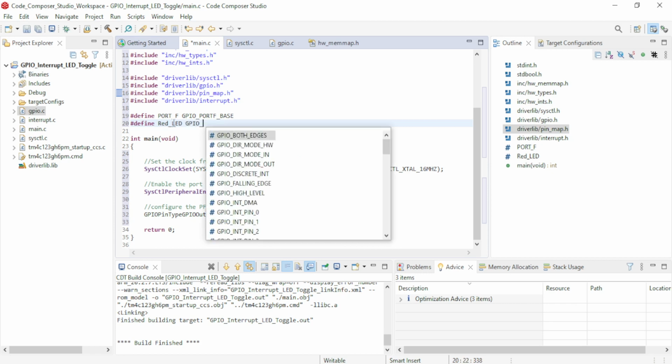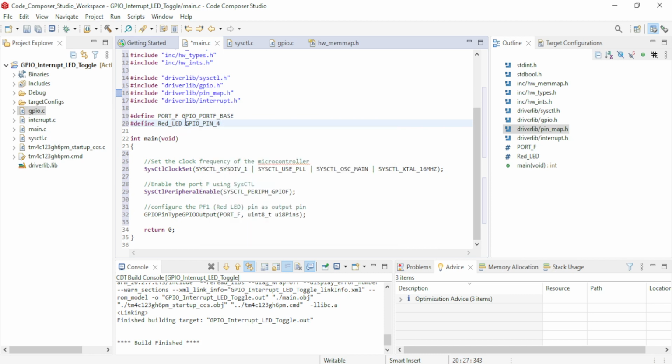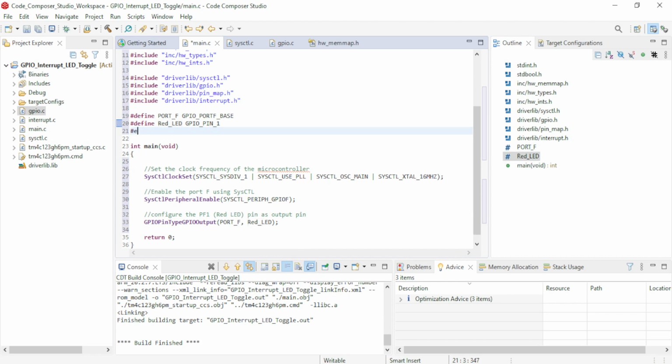I will use GPIO and control space and use GPIO pin 4, because pin 4, PF4, is connected to the switch. So GPIO pin 4. No, we have to use red LED. So pin 1. So let me use this variable which is connected to the pin F1. Okay, so we have defined the variable for port F, for the red LED, and for the switch we can